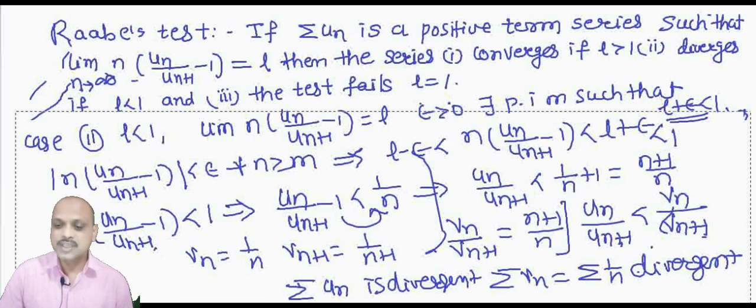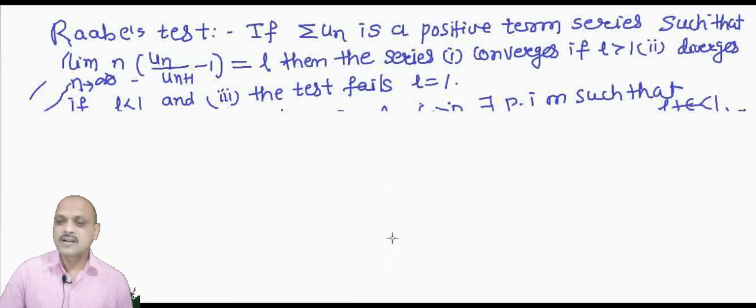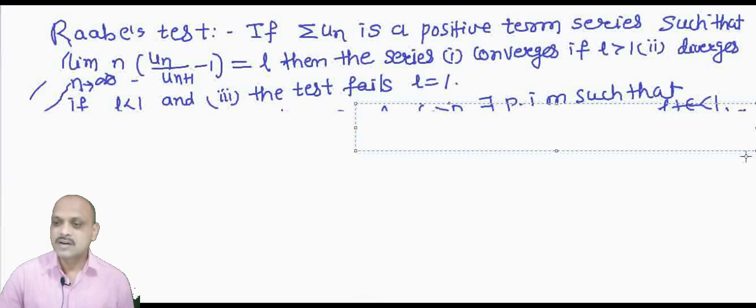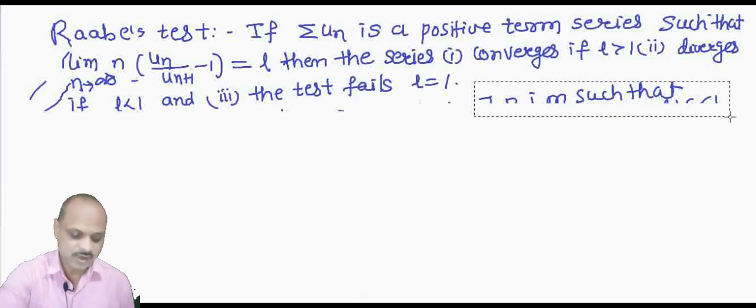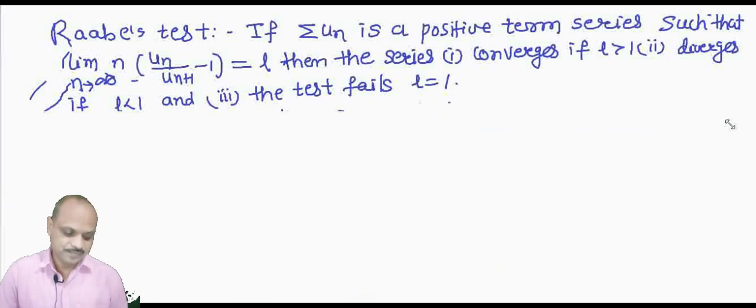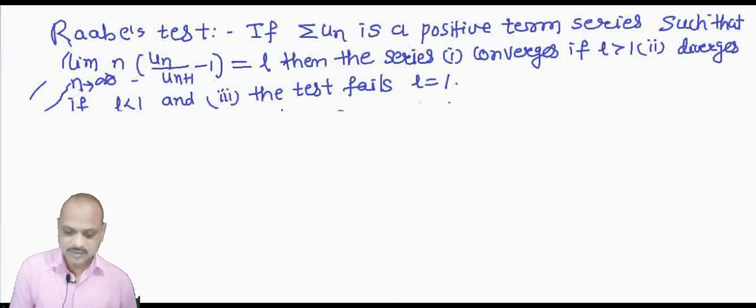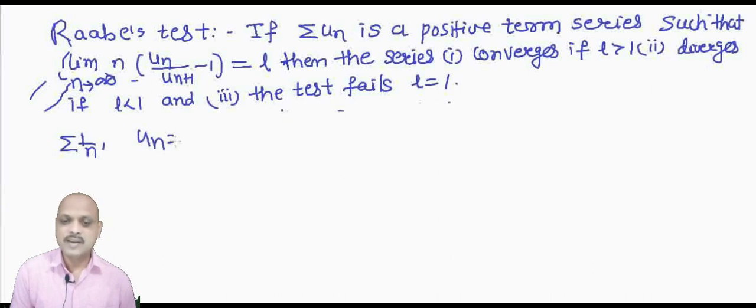So to prove this, let us take counter examples where we consider our familiar series, that is 1 by n. You can see that here if we take summation un, where un equal to 1 by n,